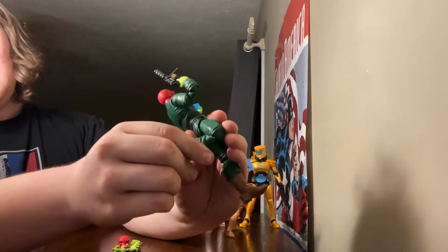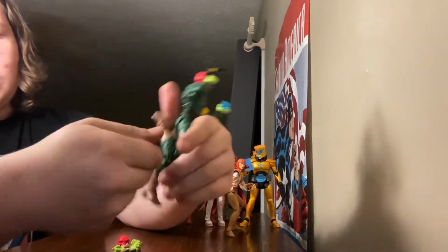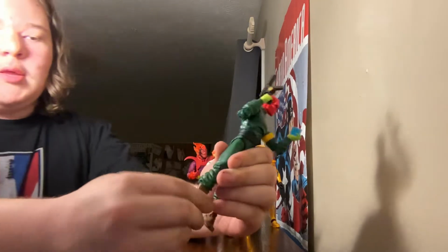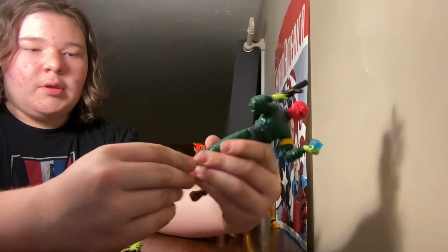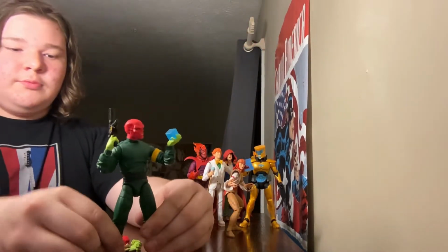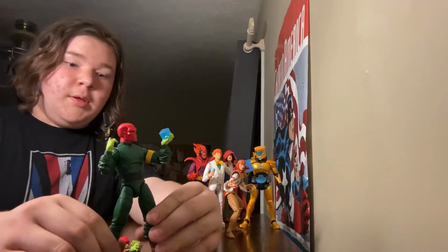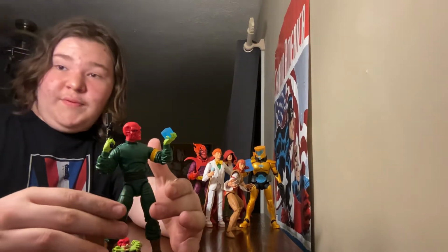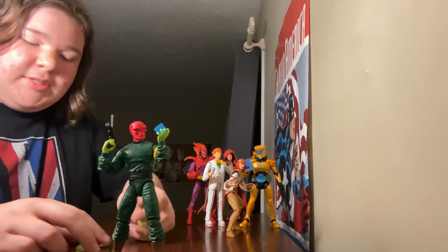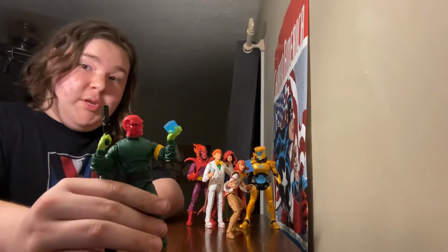He also has a double bend at the knee, which is super tight, which gets us the best so far. So now he is definitely past Dormammu. And he has a shin swivel. And his foot goes forward and back and also pivots. So, again, kind of like Dormammu took from Arcade, Red Skull took from Dormammu. Red Skull is now, so far, from what we've looked at, the one with the best articulation. And the most accessories. Red Skull is really, really good in this wave, and this is a number one must-get pickup